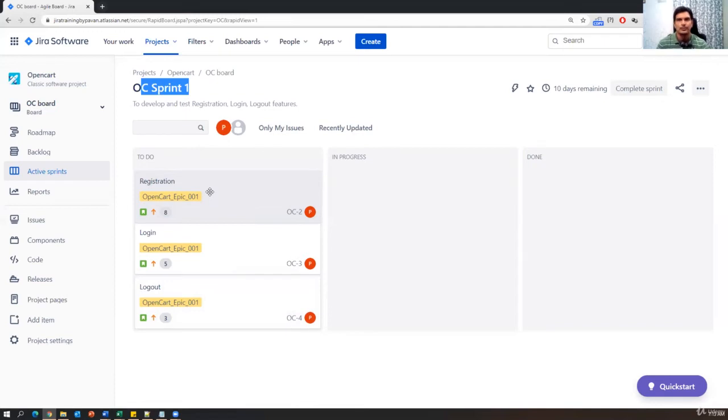So before progressing this story, the first thing is we have to clearly define the tasks. For each story, we have to clearly define the tasks. And who will define those tasks? Developers and testers will define the tasks. Now, let us see how we can add tasks for this particular story. Just click on registration. Once you click on this,